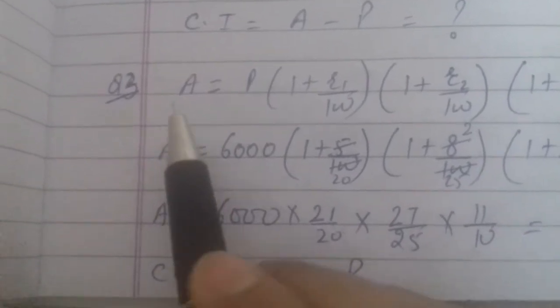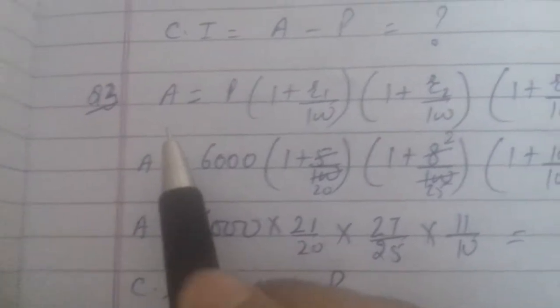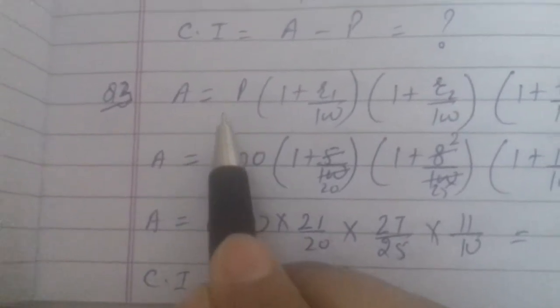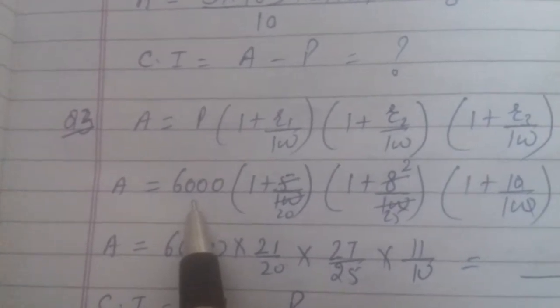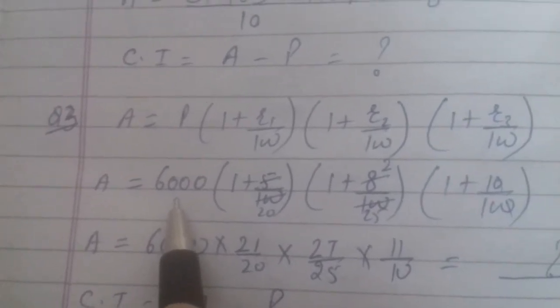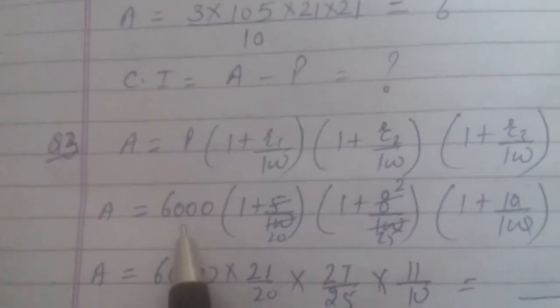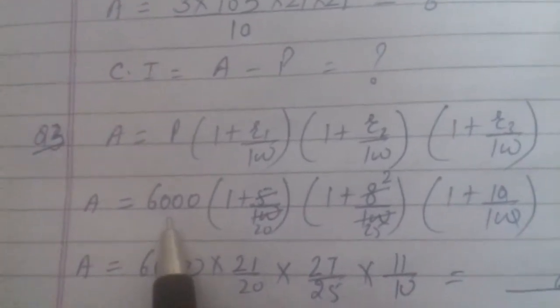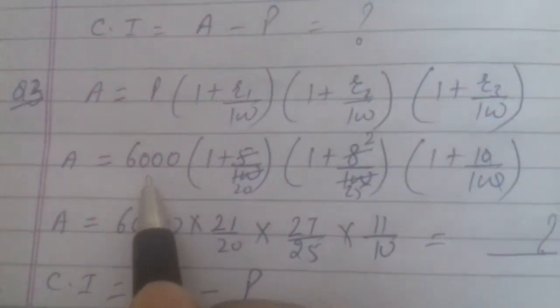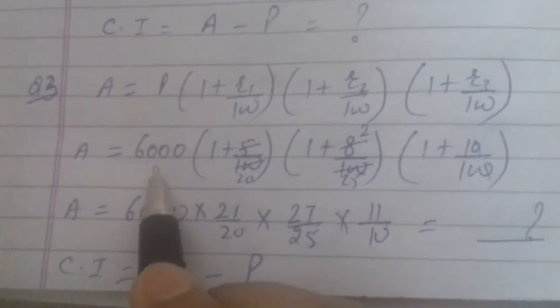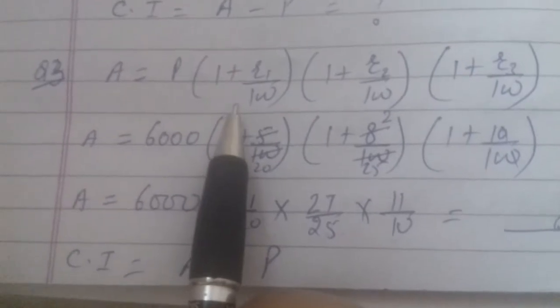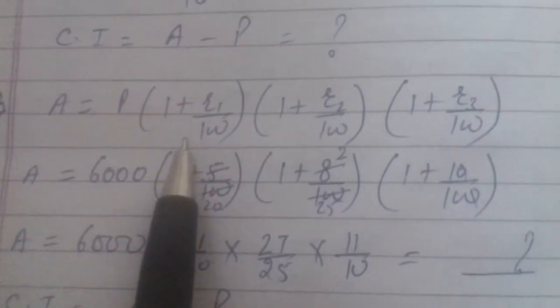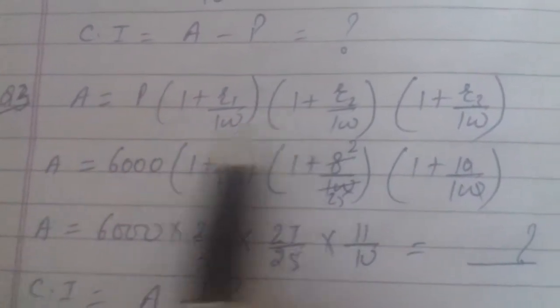Now question number 3. Calculate the compound interest on rupees 6,000. So see children, principal is given 6,000 in 3 years compounded yearly. So this thing is very important, whether it is compounded yearly or half yearly. Clear? Compounded yearly if the rate of successive years. So children, be very careful. In this case, for 3 different years, 3 different rates are given. So in that case, how to apply the formula?